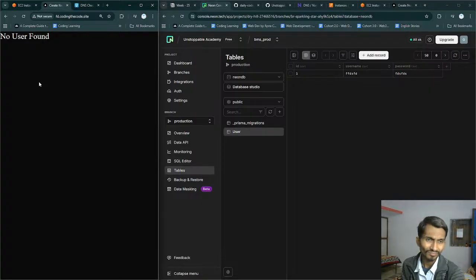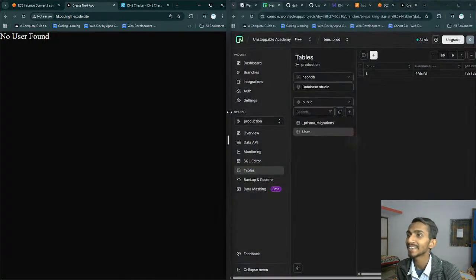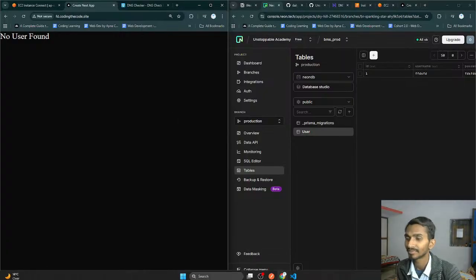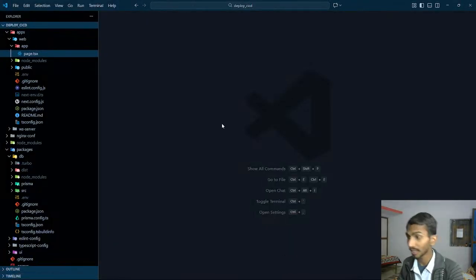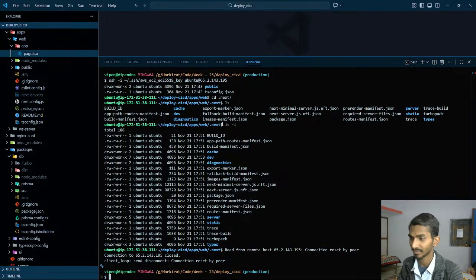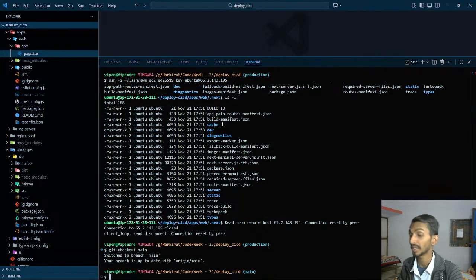Something's missing. In both the projects, if this thing is not working, that means something can be done in here. The thing is that if I run it locally it works fine. It just works amazing. So what can I run? We are inside projects. Let's go to git checkout main. We are inside main. We'll be just simply running pnpm dev.